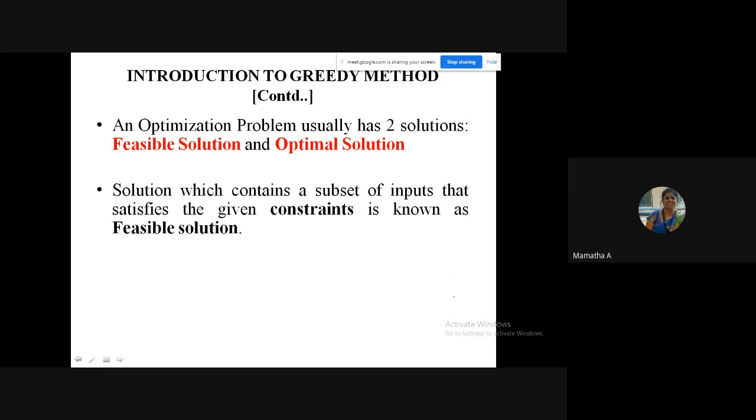A solution which contains a subset of the inputs that satisfies the given constraints is known as a feasible solution. The same example: if I give you 2000 and ask you to purchase 10 items, you simply go and take 10 items, making the bill amount come out as 2000.